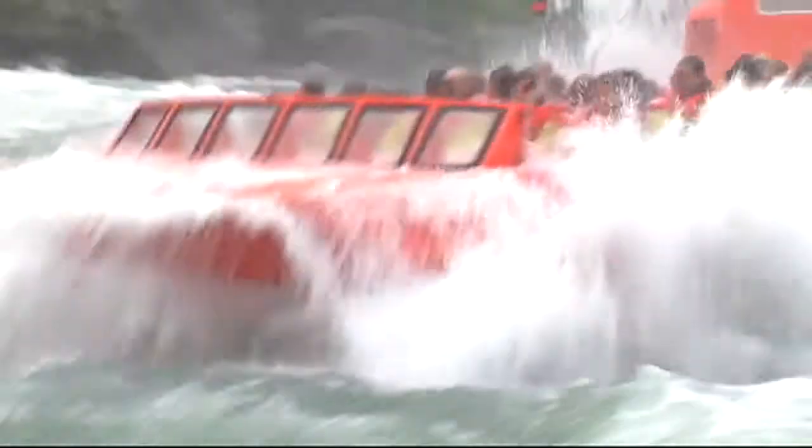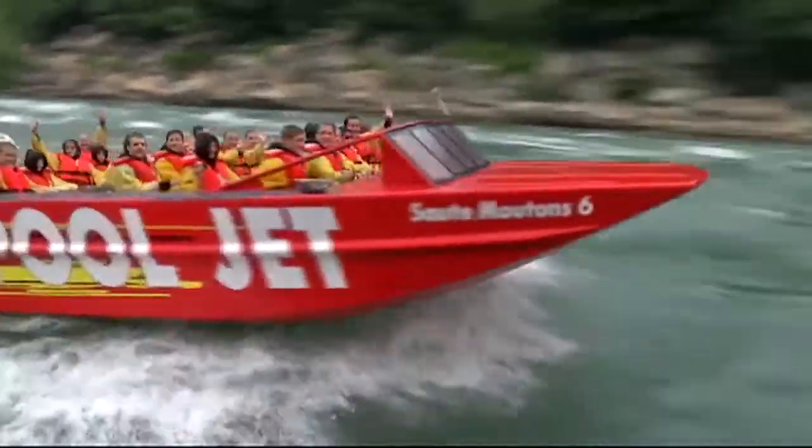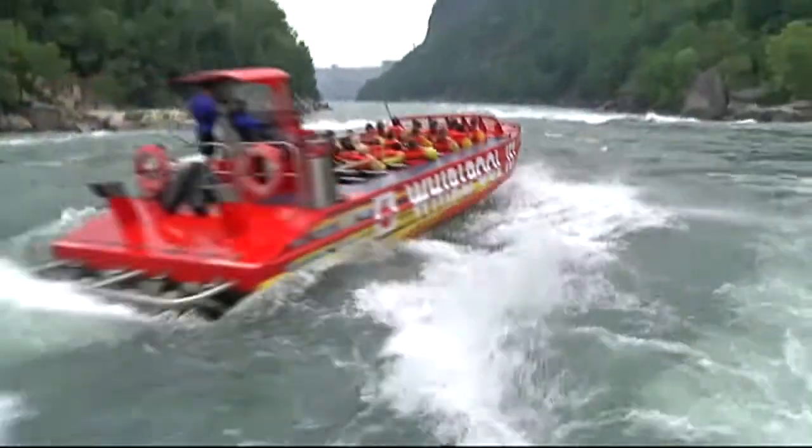For most visitors of the Niagara Gorge, the rapids are something better viewed from a safe distance. But for John Kinney of Whirlpool Jet Boat Tours, they became the inspiration for what would become a Niagara Falls staple. I grew up on a whitewater river back in Pennsylvania, where I was originally from, and my background was actually whitewater kayaking. And part of being 17 years old and going to a whitewater race up in northern Ontario,